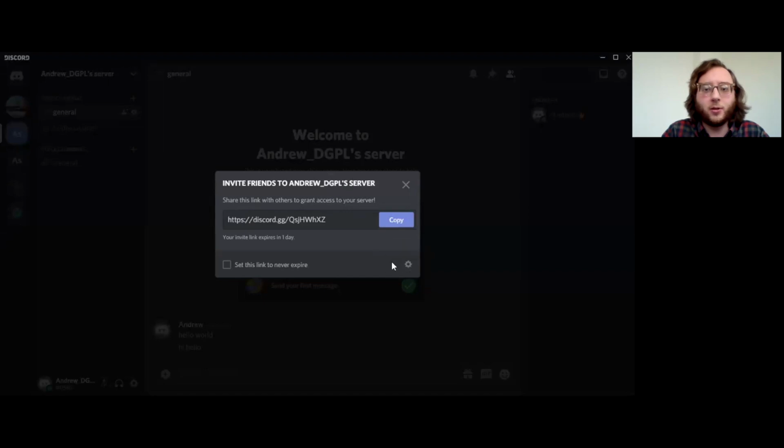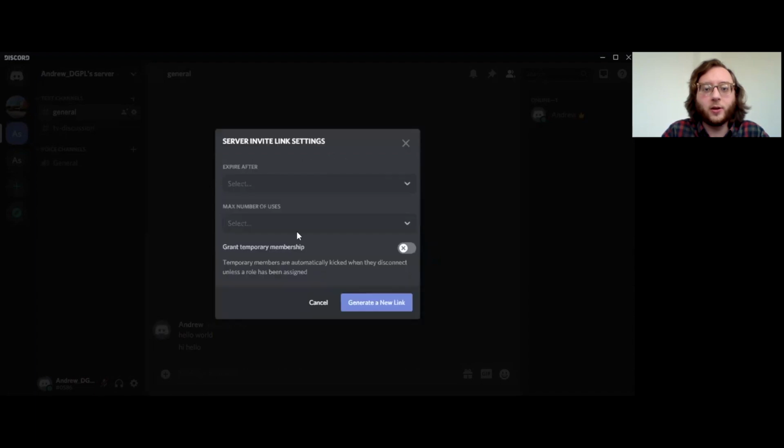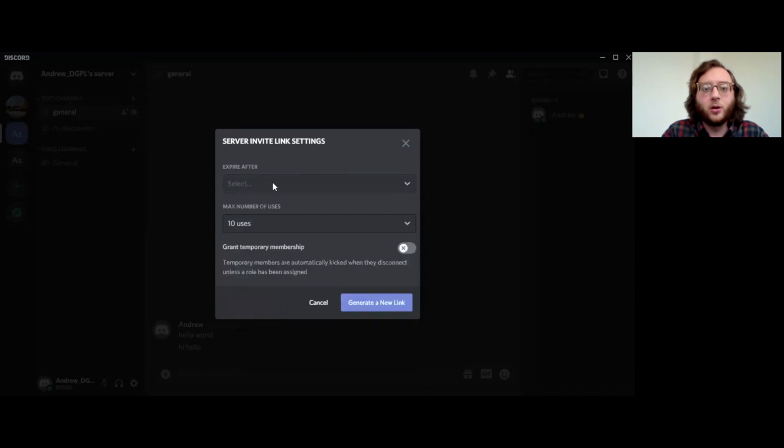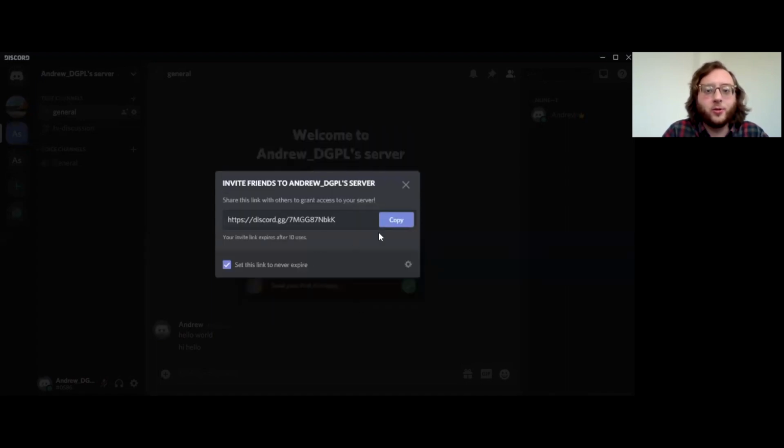If it's going to be in a business or professional setting, go to link settings. You can cap the number of uses to the number of people in your meeting group. And then you can limit the expiration, maybe say never expire, but only 10 uses. So we'll hit generate a new link, got it copied, and then you can put that in an email to